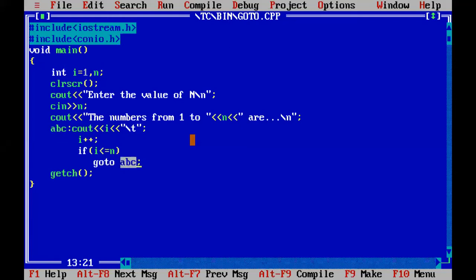So I used the word loop. You just use an identifier. Identifier means you just remember the identifier rules and you can write anything. Your name also you can write. That is an identifier. Don't write blank space. Don't use any symbols except underscore. Don't start with a digit and don't use any keyword. If you remember these 4 rules, then you can write your own identifier. So this is about goto.